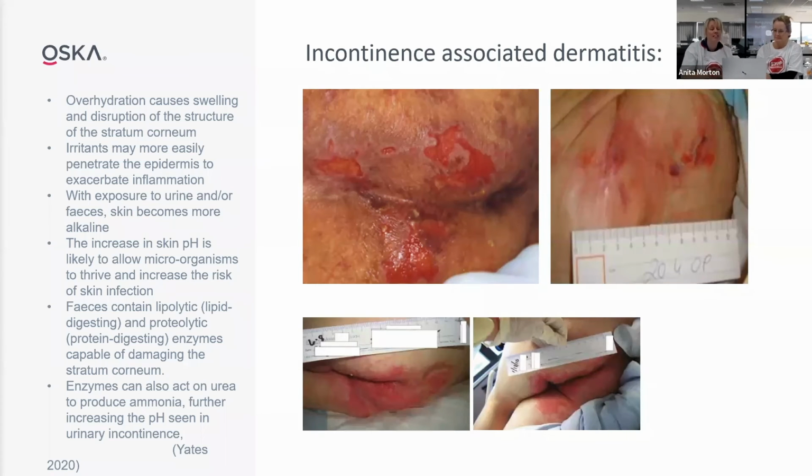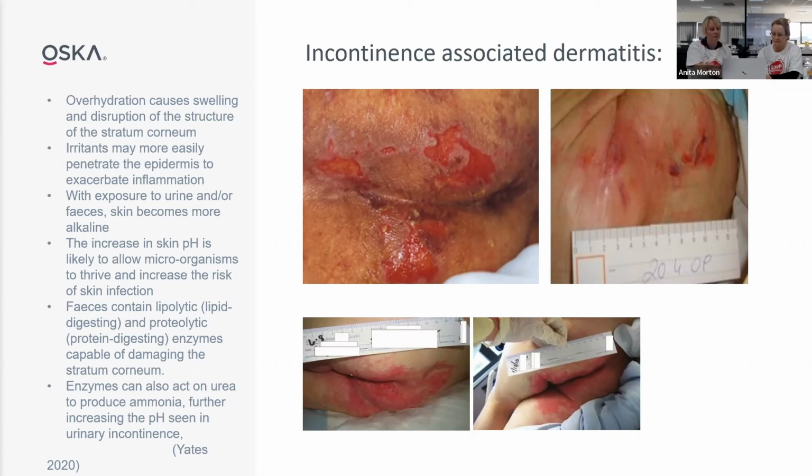In terms of protecting the skin from this, we would need to think about barrier cream. So we want to apply a barrier cream to the area, as long as the skin is intact, obviously. That will give the skin protection, that extra layer, essentially, so that urine and feces can't penetrate it quite so easily. And then we would reapply as and when someone's had an incontinent episode and we've cleansed the skin,